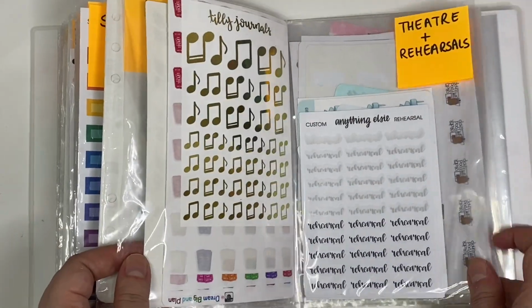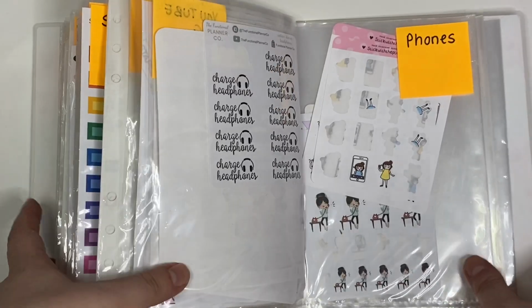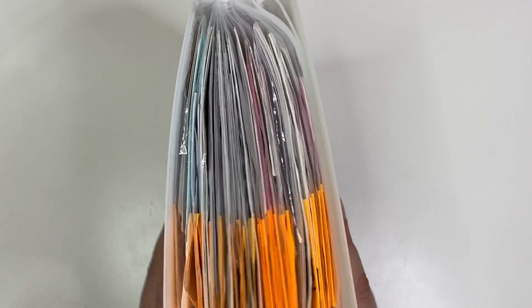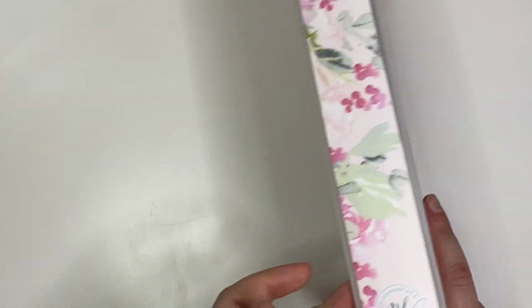This one does get a bit chunky because I keep everything that's related to that category all in one. And that means it's a pretty chunky album, so I did have to move to a second one. So this is Fleur, another one of my favorite albums. Just look at that spine. So Fleur is my